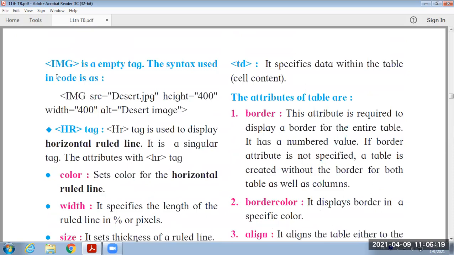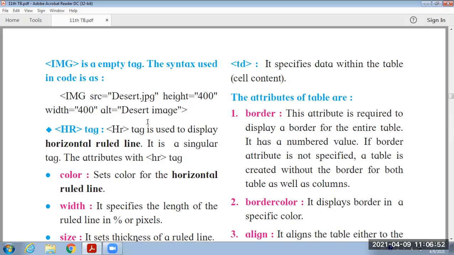Here, one simple example is given to display an image. Here, img src equal to desert.jpg. We know that we can use jpg, gif, bmp, or png extensions to insert the image, and it has the attributes height equal to 400, width equal to 400, and alt equal to desert. Always remember that whatever data you provide under alt should be related to your image.